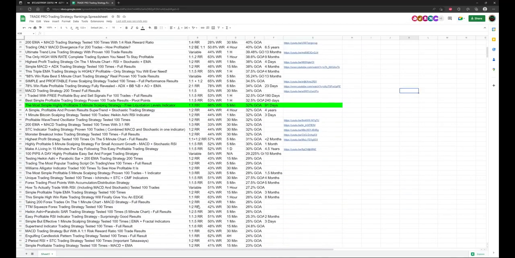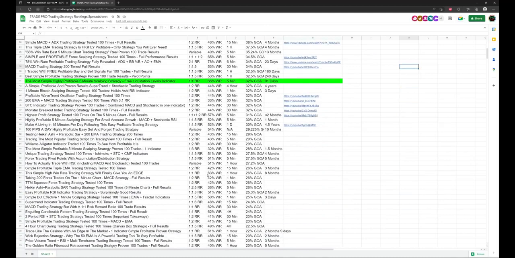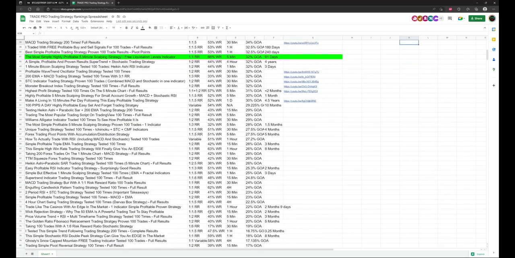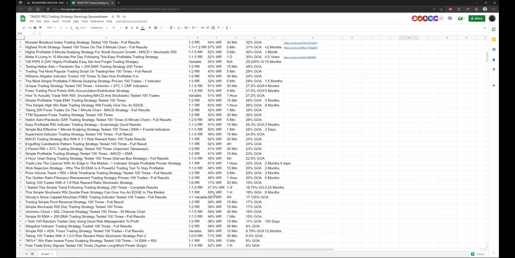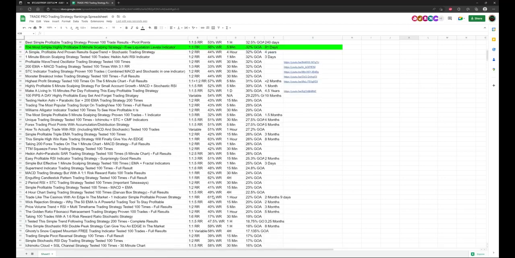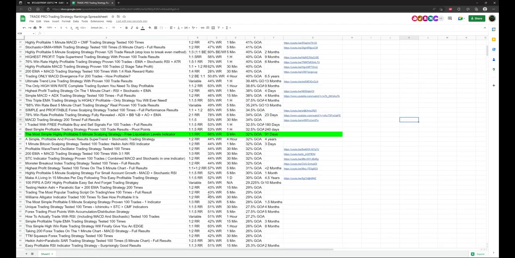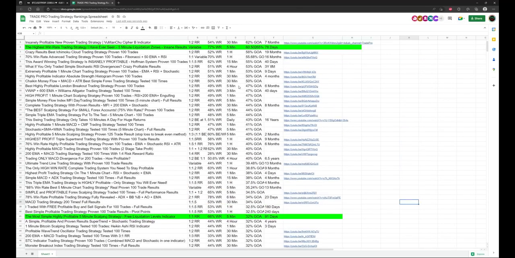So if we compare it to some others using a 1-to-1, 63% win rate, 62, 61%, and 59% here. So here's another one, 53%. So this one did really well, the highest win rate I've seen with a 1-to-1 risk to reward ratio so far. And if we compare it to the other strategy I tested a few days ago with a 77% win